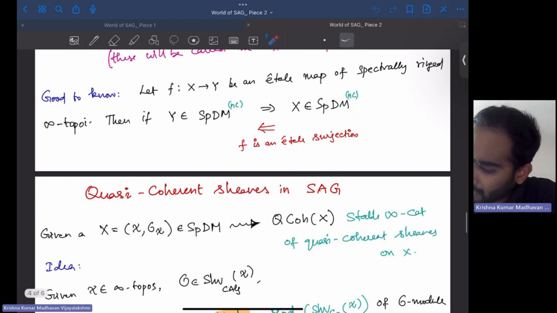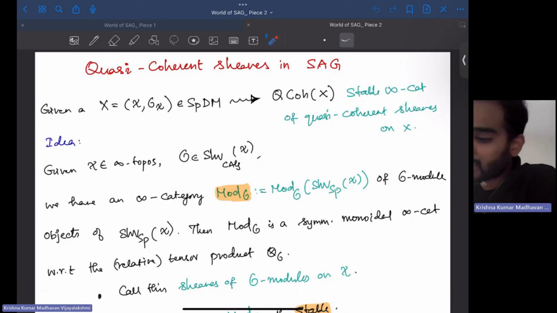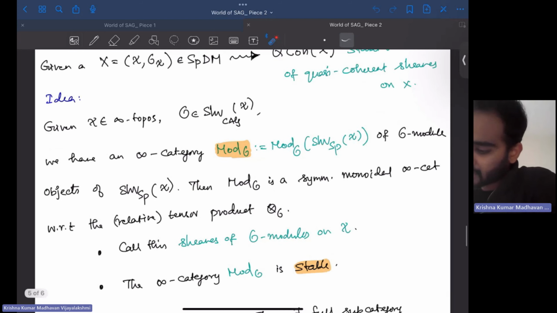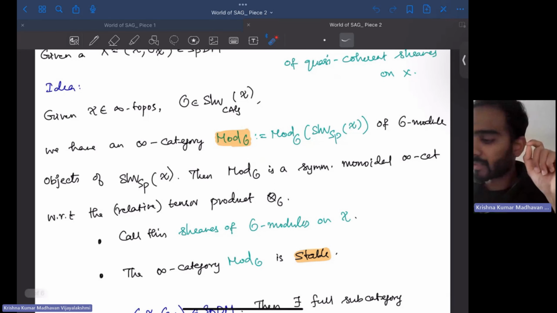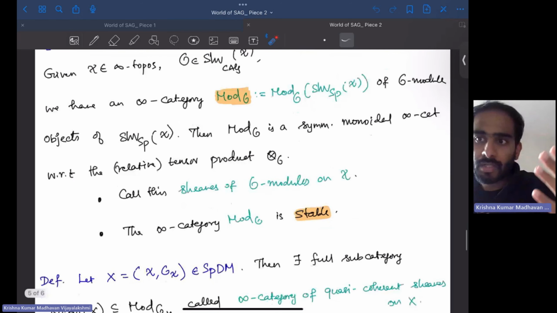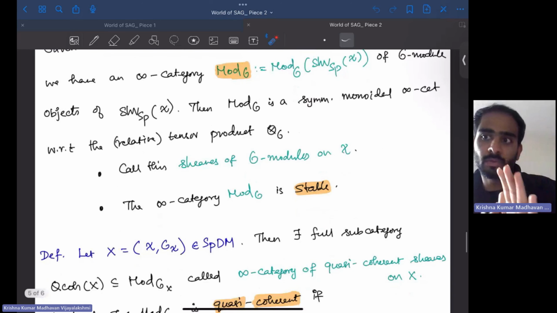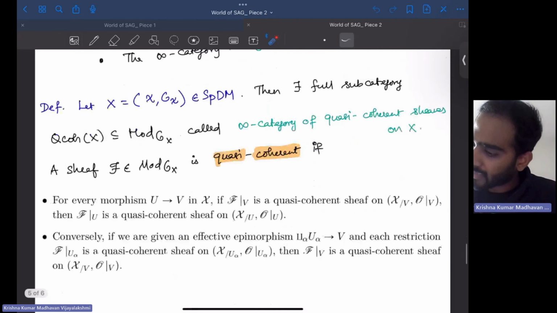Okay. And right, so finally we have the notion of quasi-coherent sheaves in spectral algebraic geometry. So given any spectral Deligne-Mumford stack, one can associate a stable infinity category called the quasi-coherent sheaves on X, and it is defined by this data here. So first of all, we've seen that there is a notion of module over O_X. So whenever we have a notion of module, we can build a sheaf with sheaves taking the values in this module. And then exactly how one defines in scheme theory, you can say when a sheaf of modules becomes a coherent sheaf. So in this setting, we say that